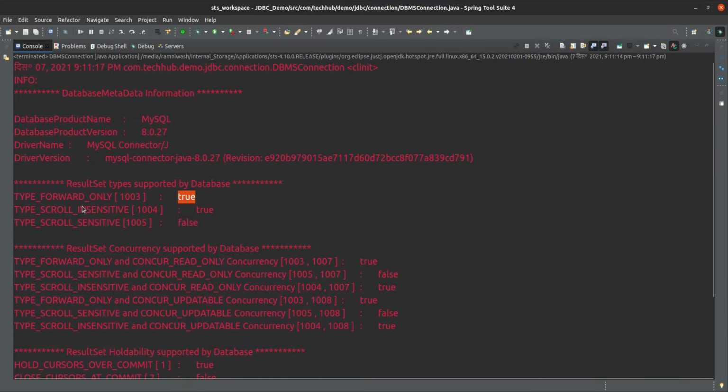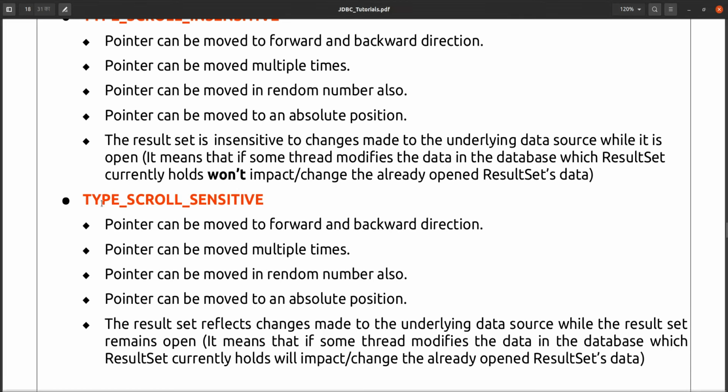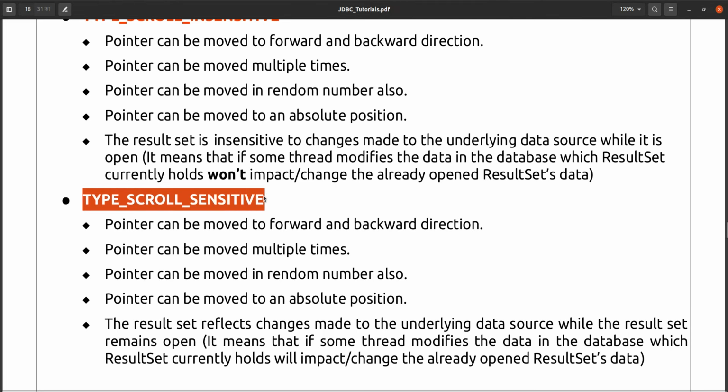Type scroll insensitive, yes, our database supports that also, but type scroll sensitive our database does not support. Which one is not supported? This last one, type scroll sensitive, is not supported in our database. And what does type scroll sensitive say?